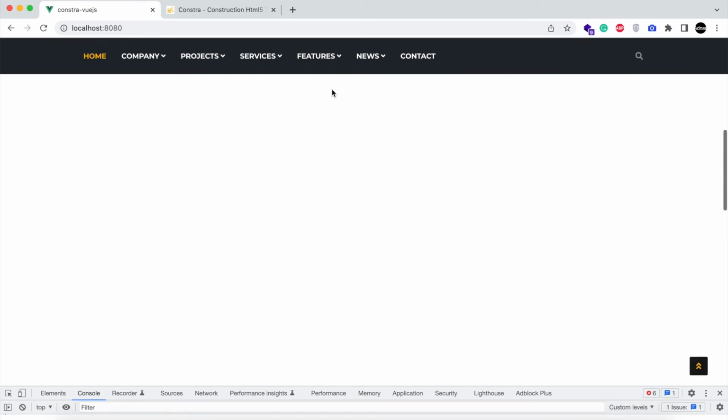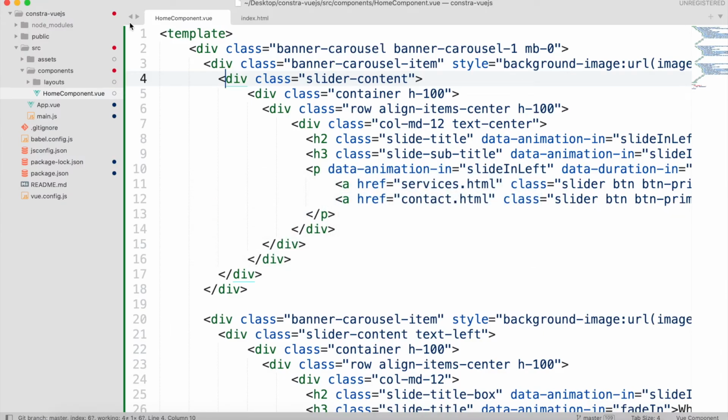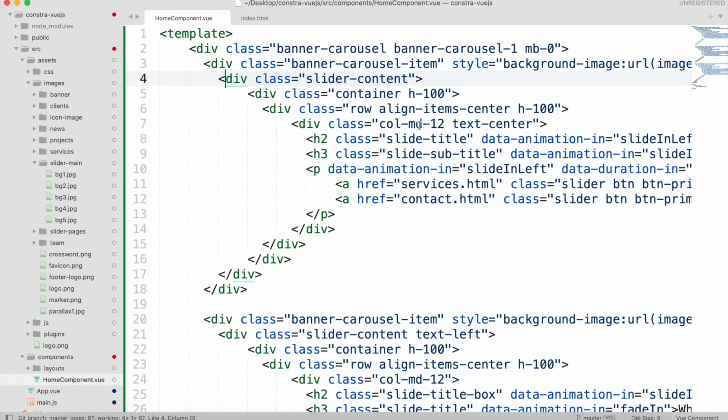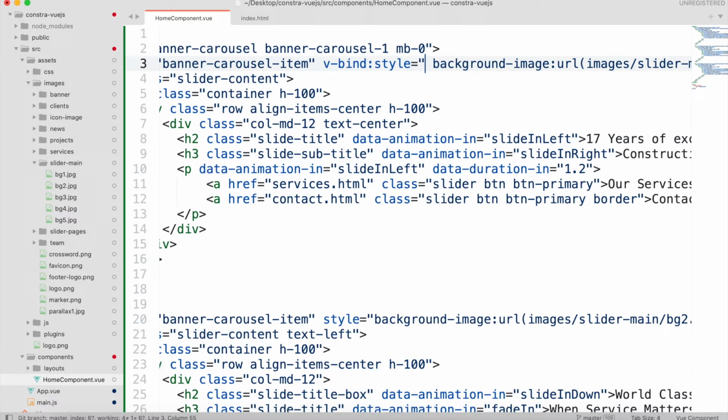So first I'm going to set the image path. Yes, the images are missing. So let's say if the images still exist, images in slider main. Yes. So what we need to do is to set the style to v-bind, because it will be dynamic. And in this I'm going to create an object and use the property background image, and its value will be,